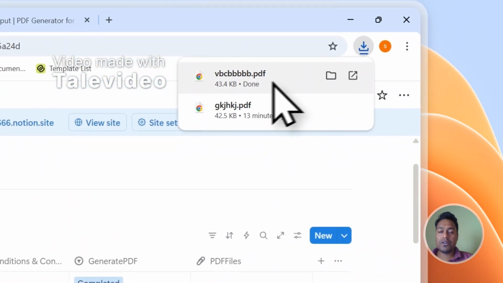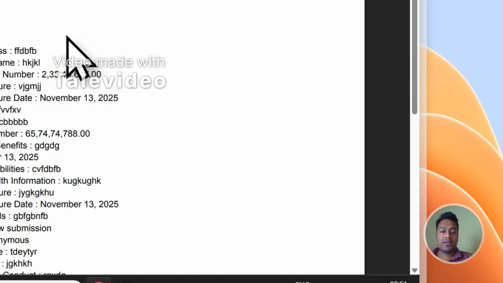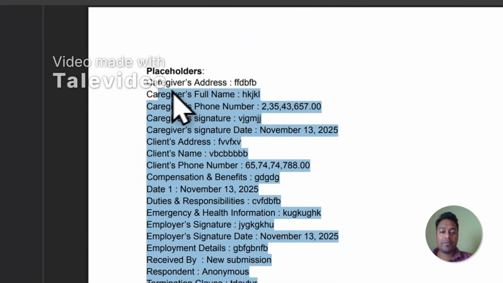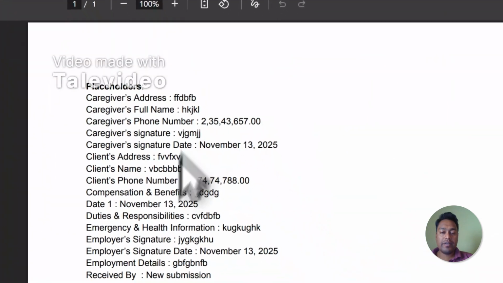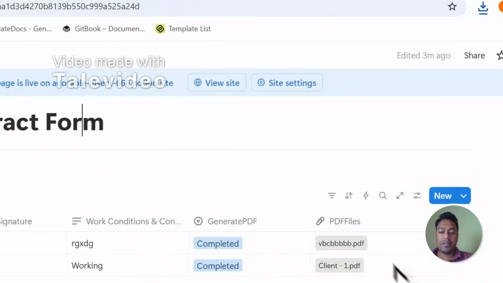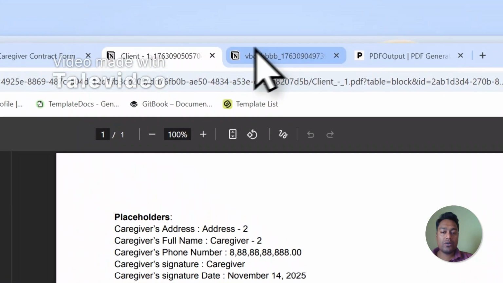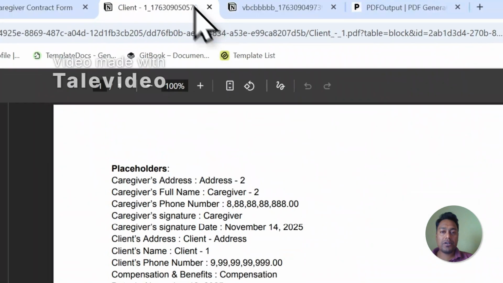So you can see the first file is already out. It is created in the downloads folder and it is also saved in the PDF file column over here. So let me click on this and it will open up the PDF file and I can see all the properties of the document have been correctly mapped with the database values that we had over here. Okay, and it is already in place. Let me open up the second one. The second file also has all the properties intact. So we just created two different files with the properties of the database one by one